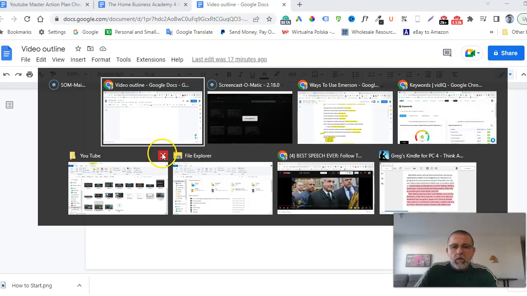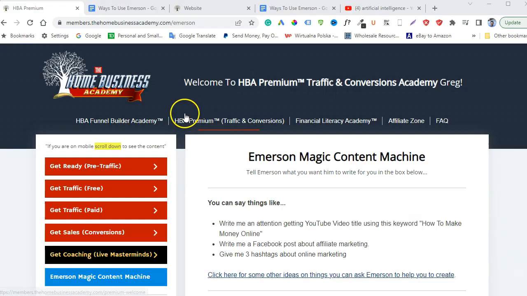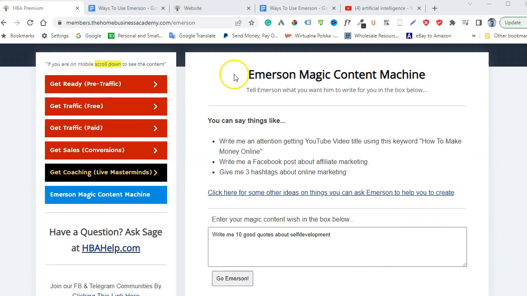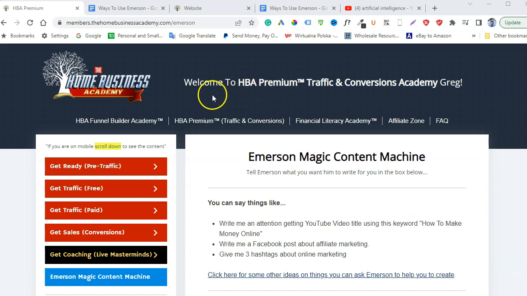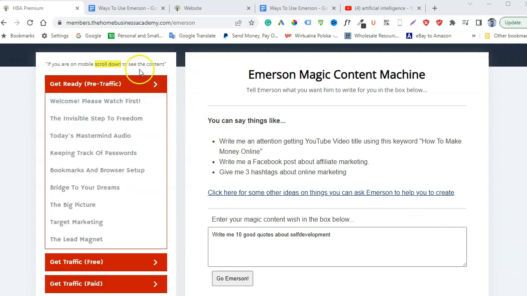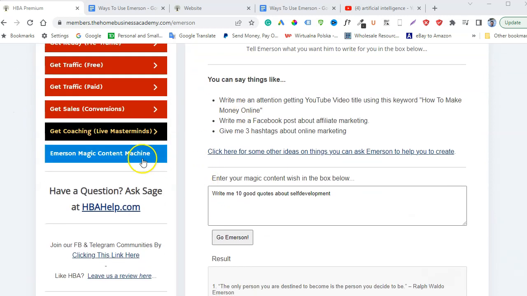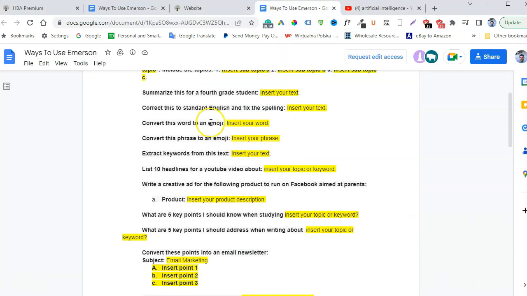I will log into mine. So I am logged into my Home Business Academy, and you go for the HBA Premium. You click the button HBA Premium and this page comes up, and then the blue button is the Emerson Magic Copy Content Machine. So that link will help us ask Emerson questions about what to do for us. If you click the link, you get this